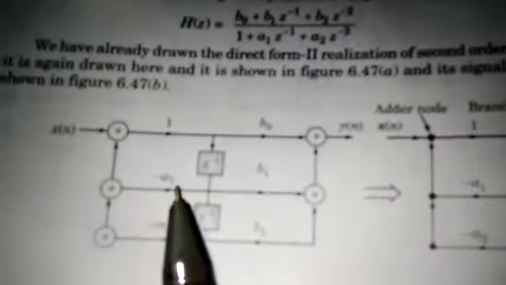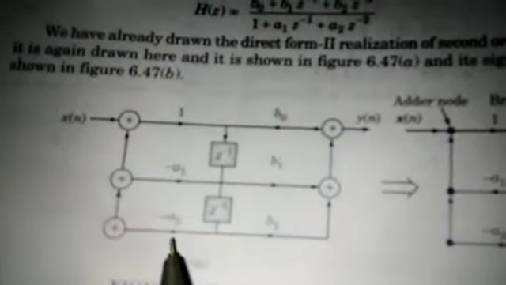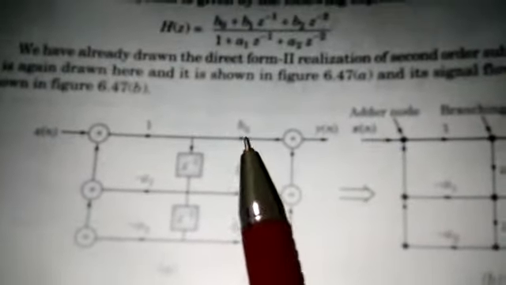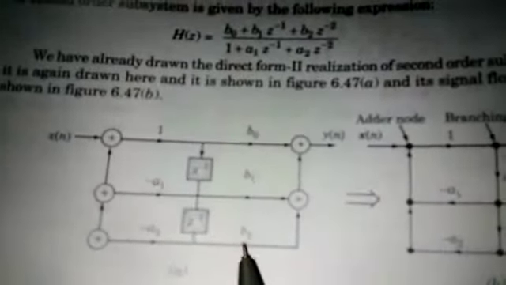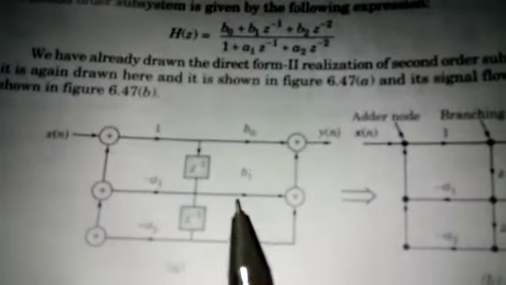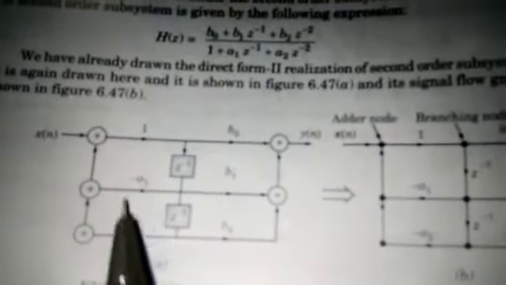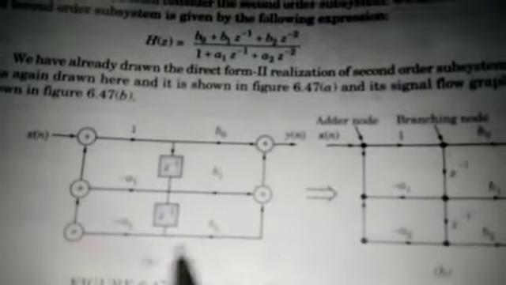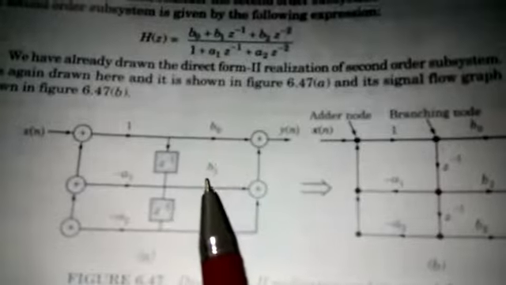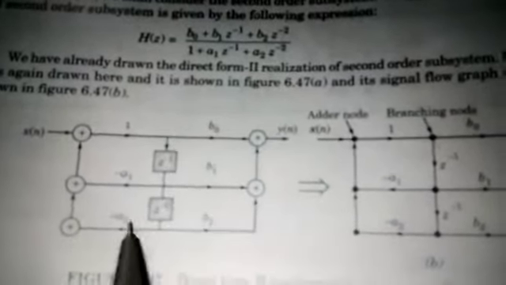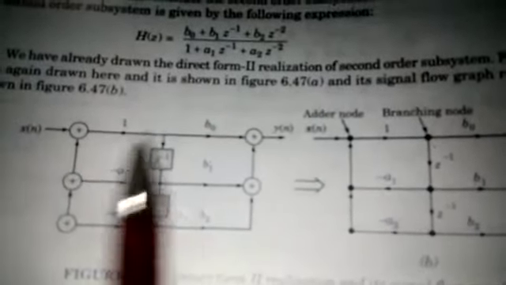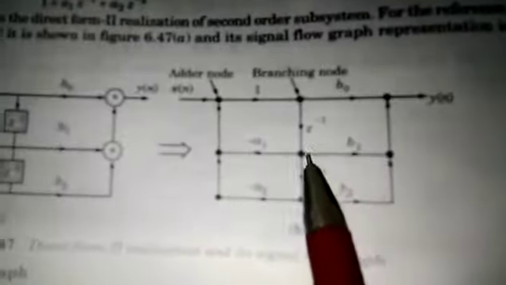Here you can see these are the zeros and these are the poles, with plus a1 and plus a2. So you can represent here minus a1 and minus a2, and here b0, b1 and b2. And here is 1 in the denominator, this one line is shown here. So this is the pole-zero form, that is the direct form 2 structure. Poles and zeros are connected with common delays. And now this can be represented with the signal flow graph.